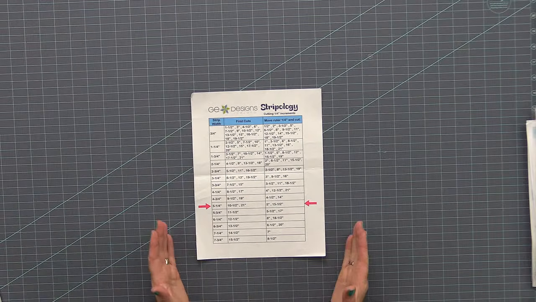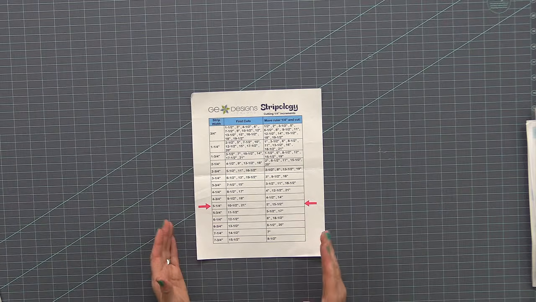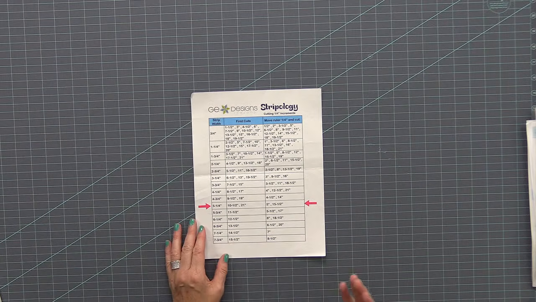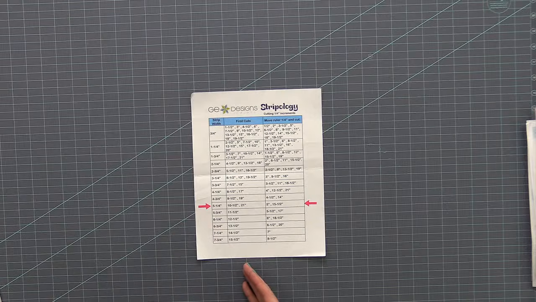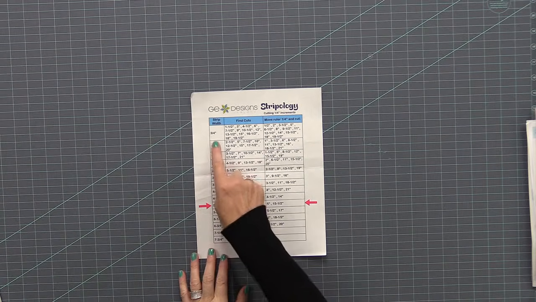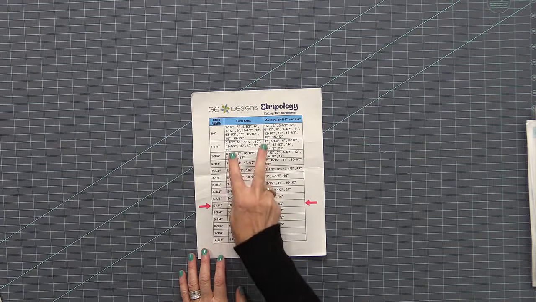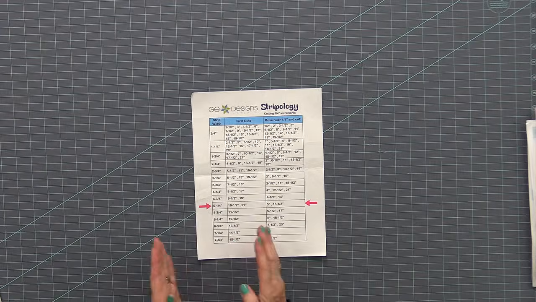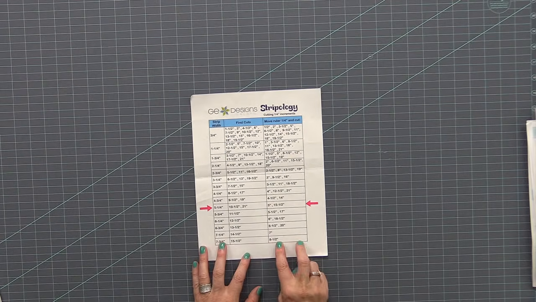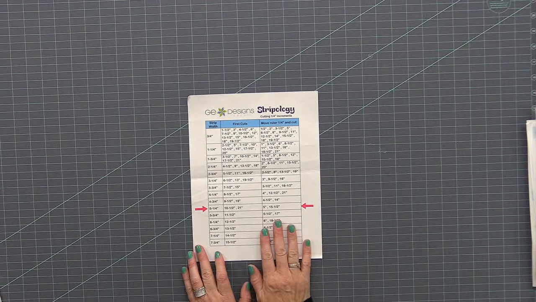This will tell you how to do any 1/4 inch cut with the rulers, with the XL, or with the original, or with a squared ruler. Here you will find your strip width that you need, and then you'll have your first cuts, and then you slide the ruler over and you have your second cuts. Whenever you are doing any kind of 1/4 inch, this is the chart that you would go to.